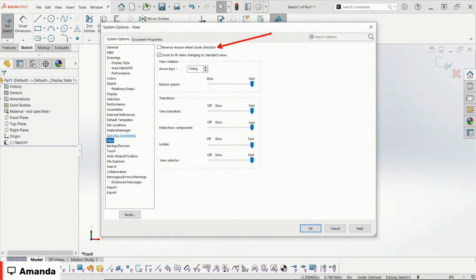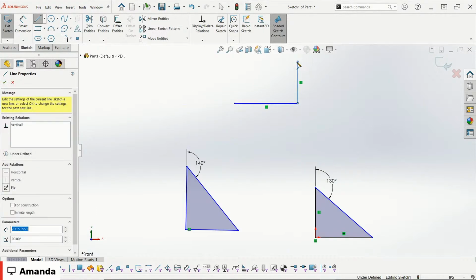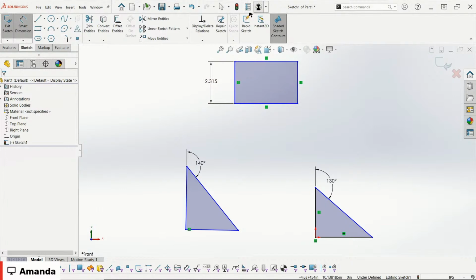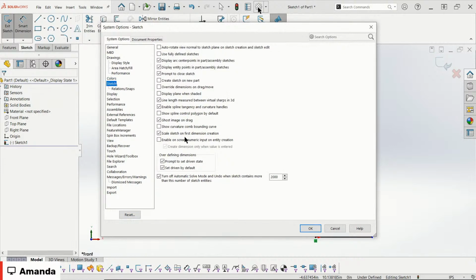Mike, another one that I get a lot is what if I want to be able to put in my dimensions as I'm sketching? That's another big one. Yes. So just to be clear here for everyone, as I'm sketching here with a line, I don't put in any kind of dimensions as I'm going through. I come back and I do my smart dimension after. But if you want to be able to put in dimensions as you're sketching, you can go to your options and go to sketch, and then you can choose enable on-screen numeric input on entity creation. So if I click on this and then I click OK here,